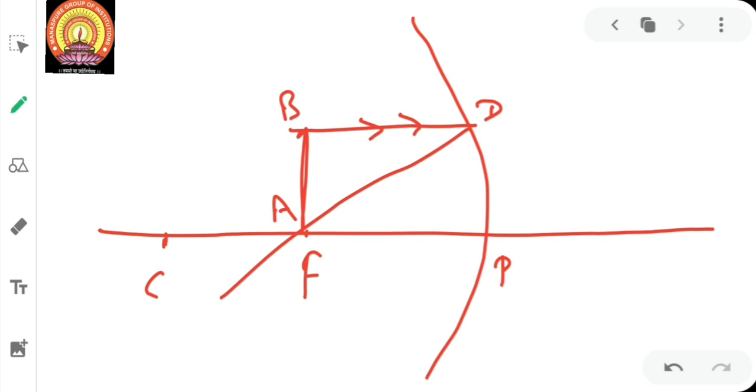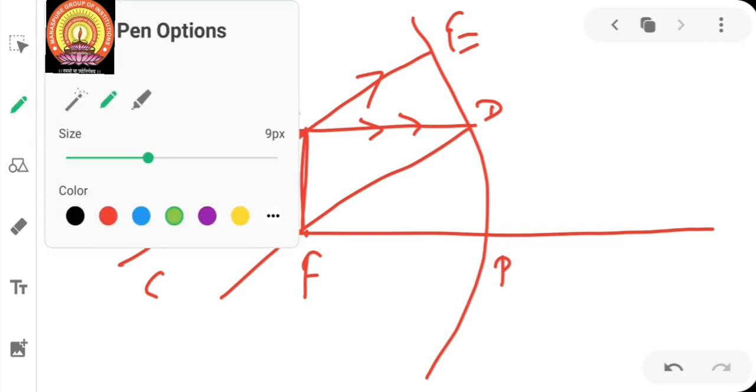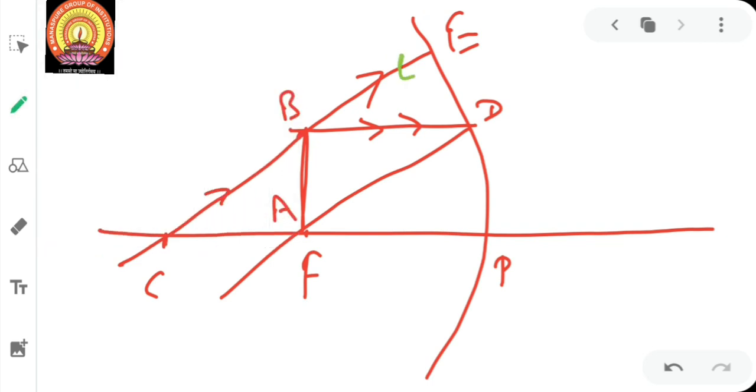फिर उसके बाद सेकंड रूल हमें क्या बोलता है कि when the incident ray is passing through the center of curvature, suppose यहाँ से ये incident ray है that is passing through the center of curvature, then what happens? It gets reflected back, or it retraces the path. Suppose it is falling on the path CBE. So again it gets back reflected from the path EBC in this manner.